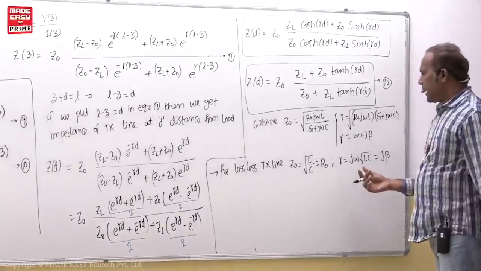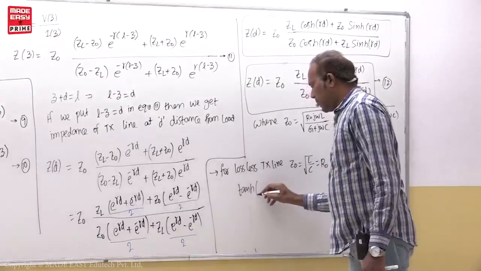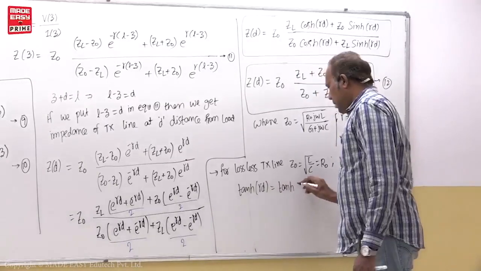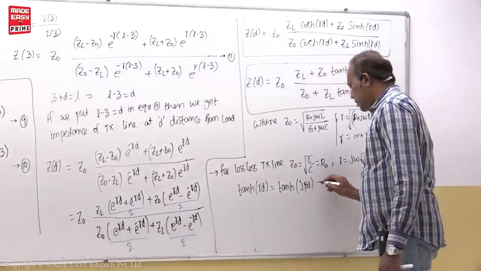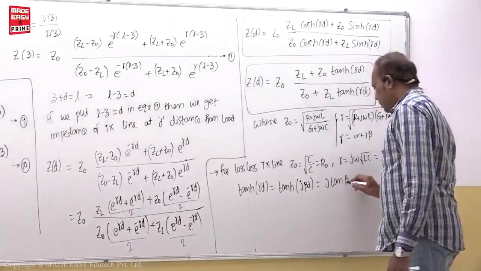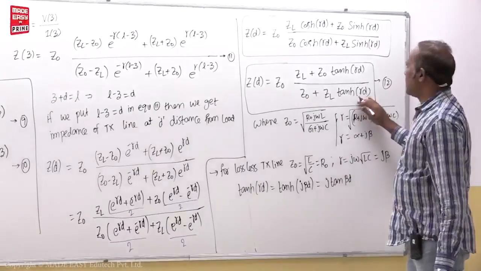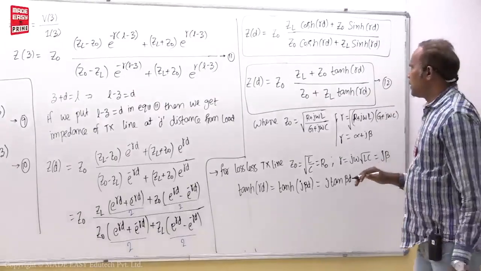So in this case tan h gamma d is equal to tan h of j beta d, so that is equal to j tan beta d. Okay, then this equation 12 becomes